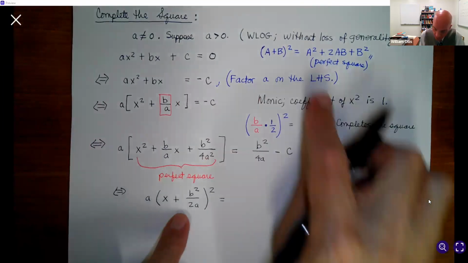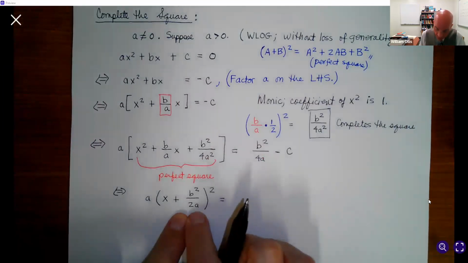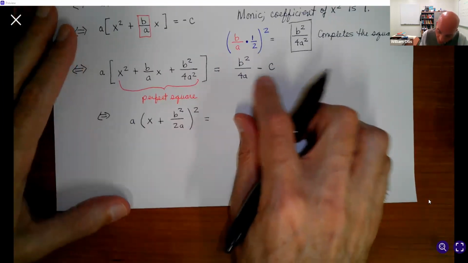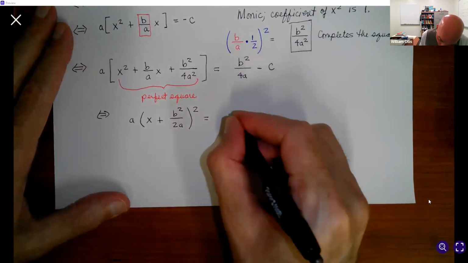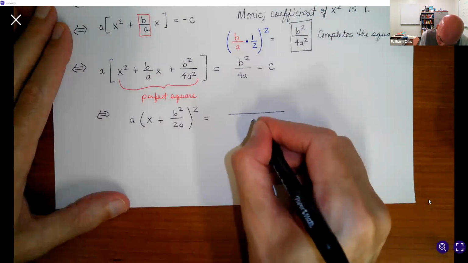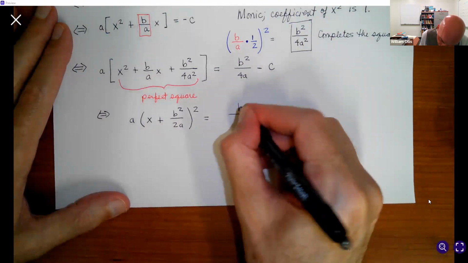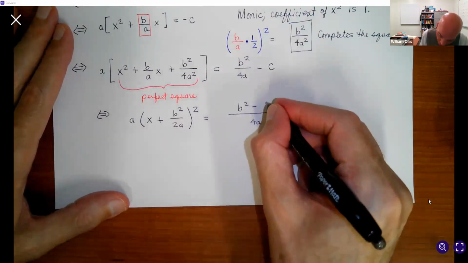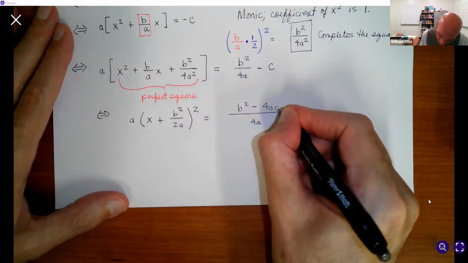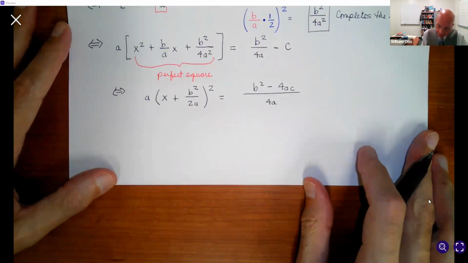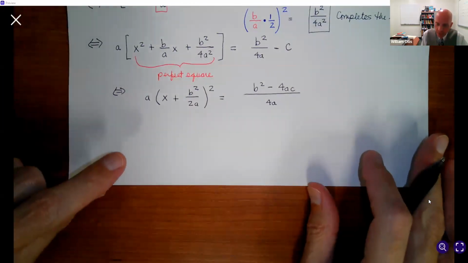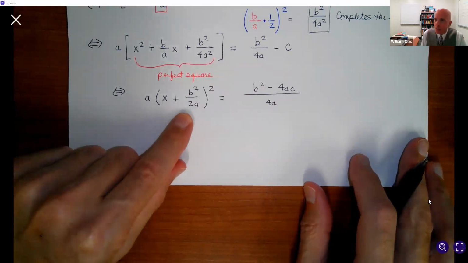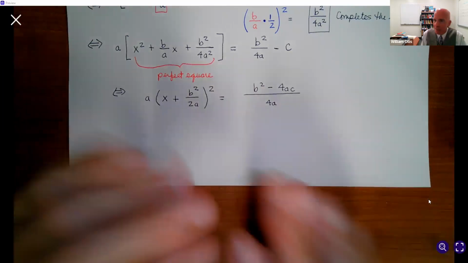So now, again, we've got this here based upon the letters that we're using here. And then if you like, we can just get a common denominator: 4a, b squared, and then of course, multiply the c by the 4a, so we get minus 4ac. So again, the perfect square turns out to be quite useful here, but we don't have the same elegant formula